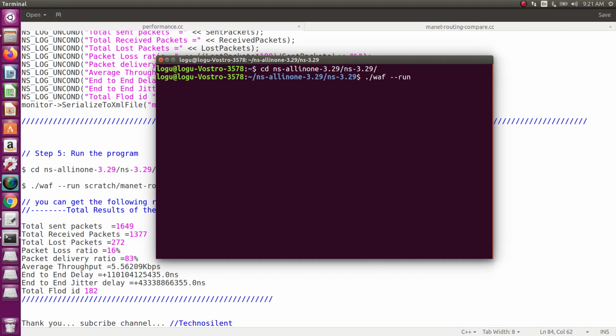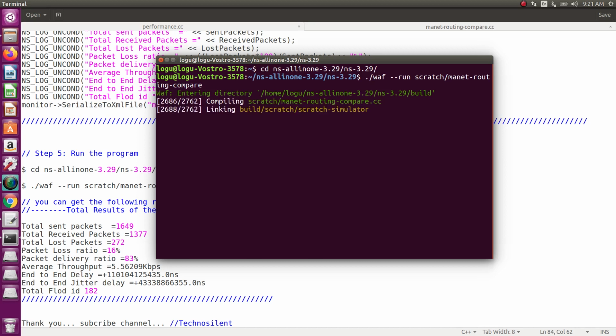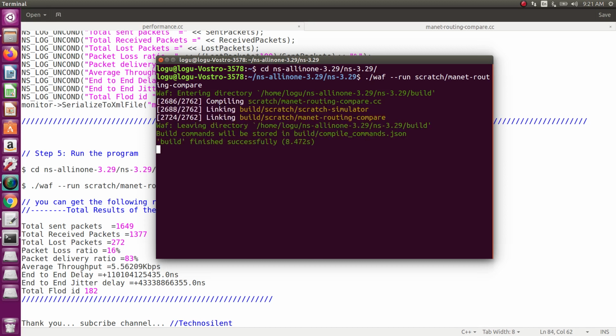The program is available in the scratch folder, so go to the scratch folder, then the manet routing compare .cc file, delete the extension, then press enter. Now the program is compiled, so it is built successfully.